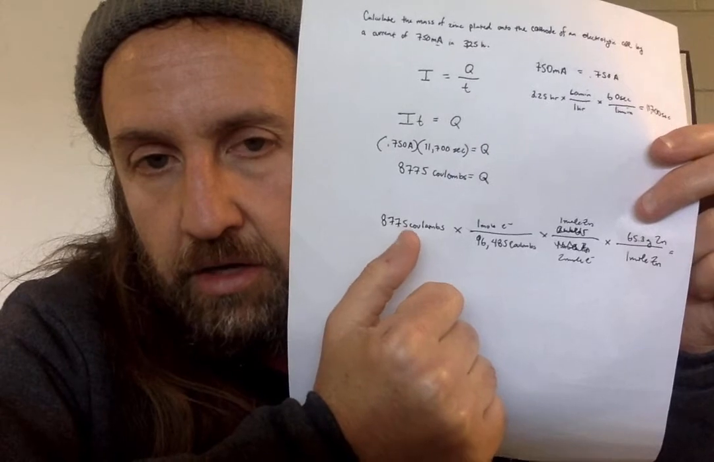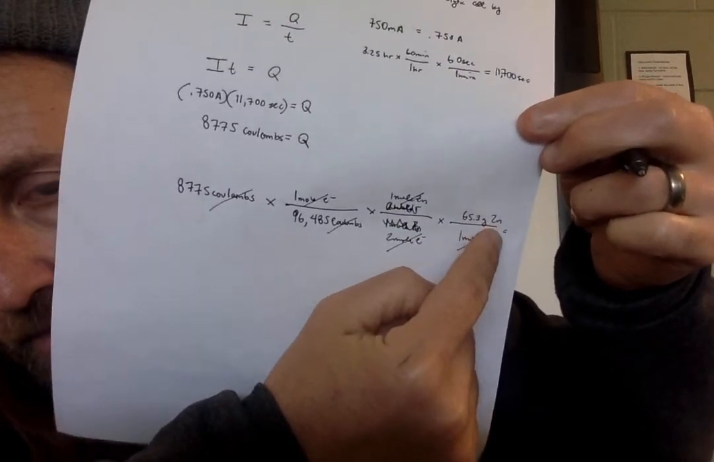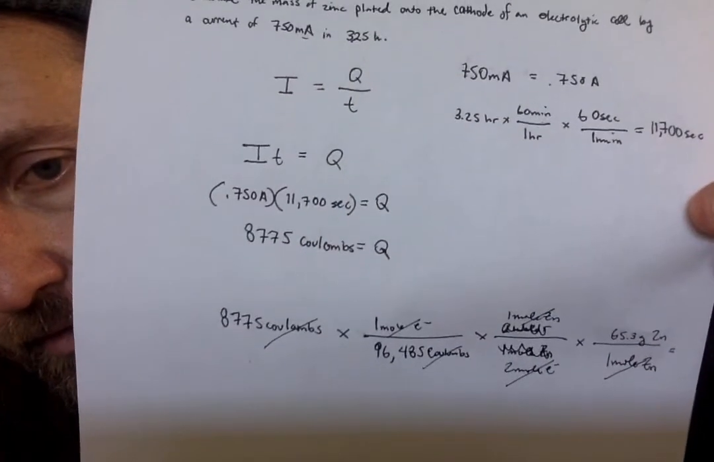And so now I'm set up, and coulombs cross off with coulombs, moles of electrons cross off moles of electrons, moles of zinc cross off moles of zinc, leaving me grams of zinc right there. And so let's just go ahead and do the math here. 8,775 divided by 96,485 divided by 2 for those 2 moles of electrons that gave me such awful trouble, times 65.3. And I get